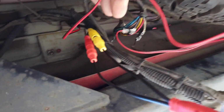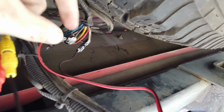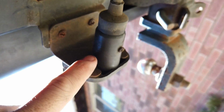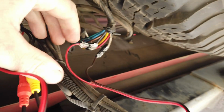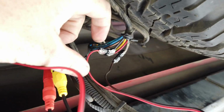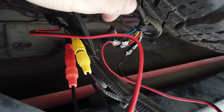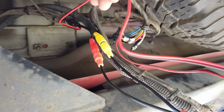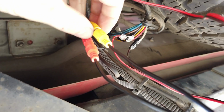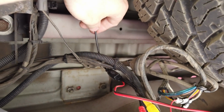So here you can see we've hooked our black and red up into our red and white on here, which is for this 7-pin trailer plug. You can just Google your pin out, and it'll show you the image of wiring for it. You want the ground and the reverse light signal, so we've connected into there. So you can use whatever connection points you want. Camera draws less than an amp, so it's a low draw. That's how that works. And the yellow RCA does plug into there,